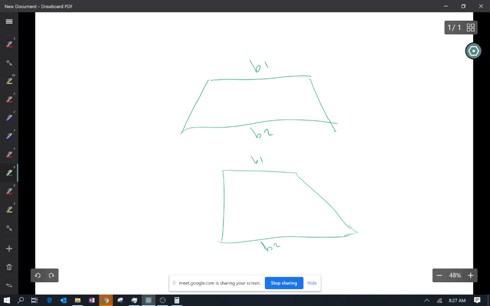So the way you do this is you find the mid-segment. The mid-segment is that distance from here to here, and this distance ends up being the average of the bases. You take the two bases, take their average, and that makes the mid-segment. Now watch what the mid-segment does. Let me do it in a different color. What the mid-segment does is it gives you a point that if you draw it right there,